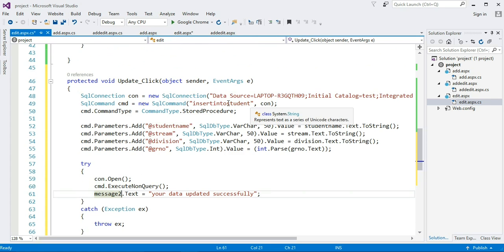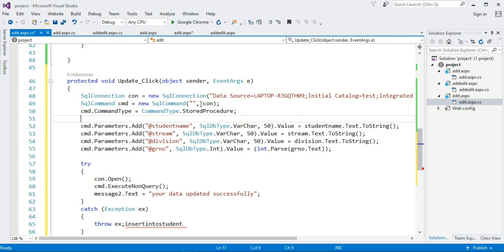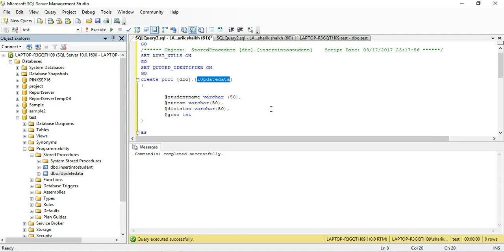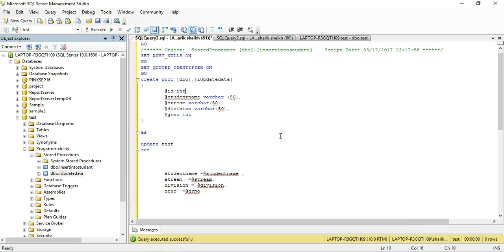And changing the stored procedure name. Copy it from SQL and paste it. Save this. And remember, at the time of update you have to pass an ID also. So I am making just little changes on the update procedure.